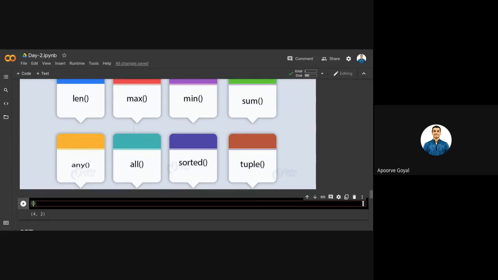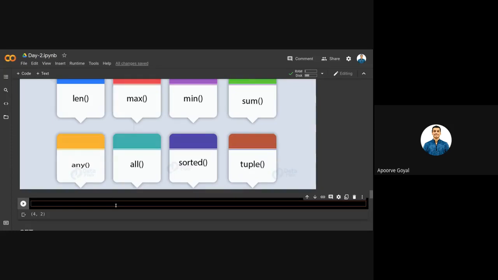You can make an immutable form of dictionary using tuples. Let me first see if there is any doubt. Okay, there is no doubt right now, so I can come back here and see what we can do.